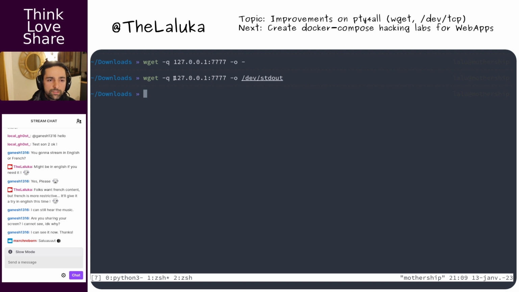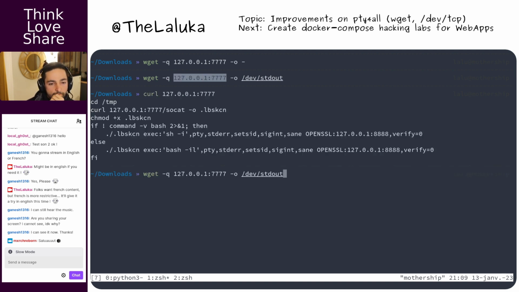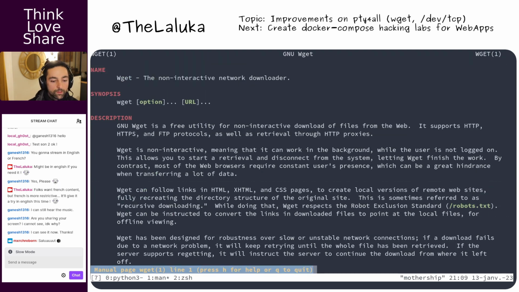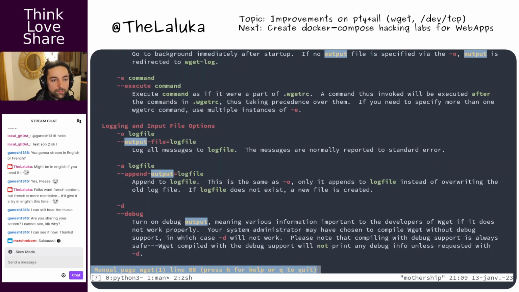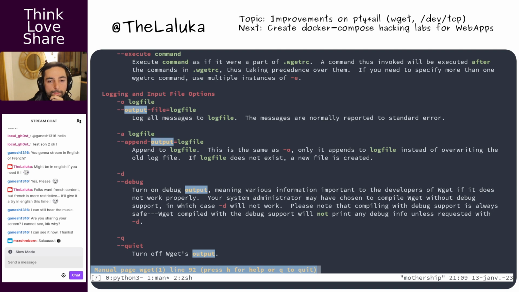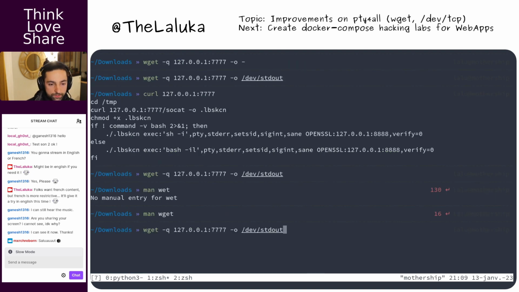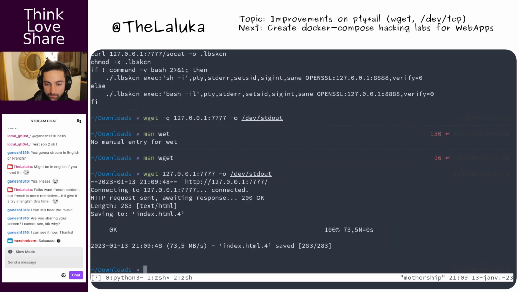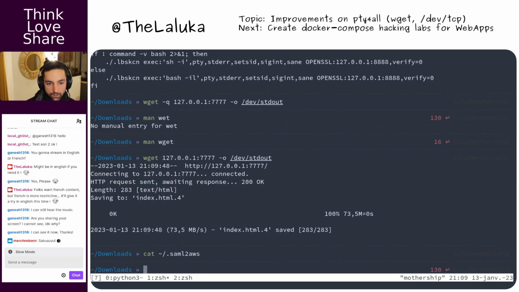There is nothing that is printed out. Maybe it's the wrong flag. File should be this one. I use a file like that. Oh, it's not taking.